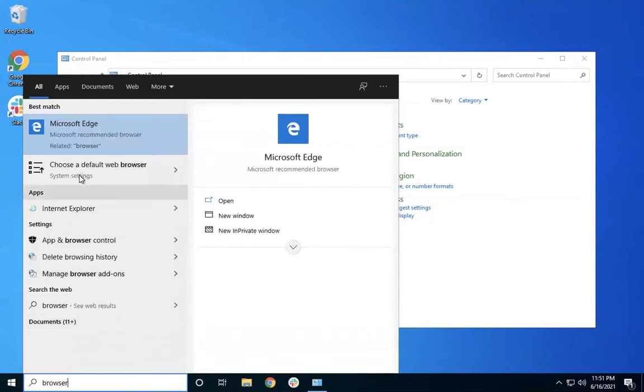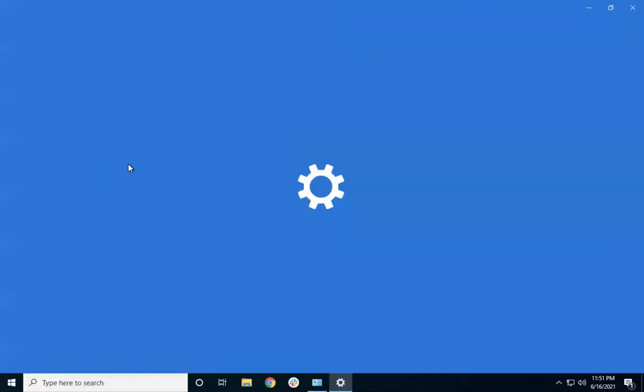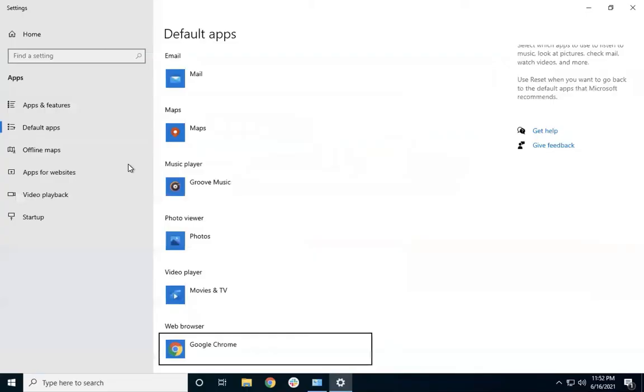You can see system settings. It is saying default web browser. So you can click on this directly and it will take you to a different app where you can look at the default apps and change the default app. So earlier we used to do most of these things using control panel, but now depending upon the specific task, you can search here and you can directly get into it.